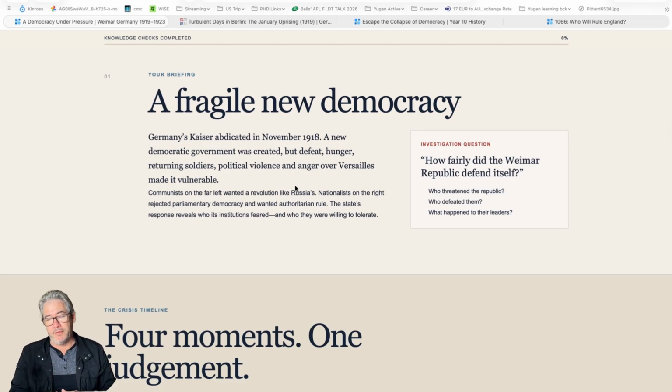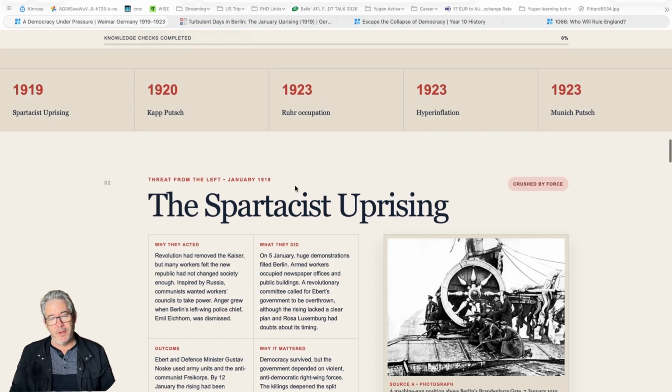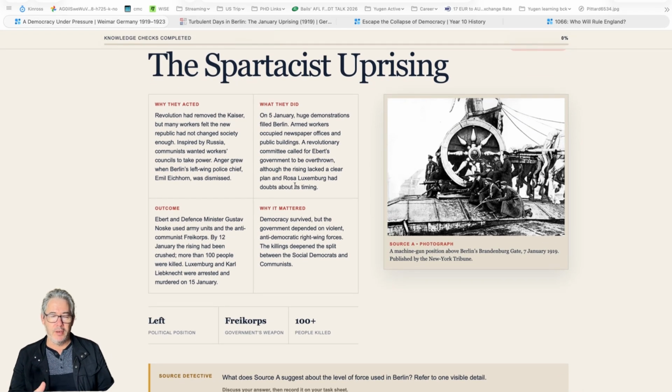It talks about a new fragile democracy, then gives a timeline. There was the Spartacus uprising, the Kapp Putsch, the Ruhr occupation, hyperinflation, and the Munich Putsch. There's a timeline across the top. And the first one, the way I designed it for low literacy, has a really nice structure. Simply, it's a